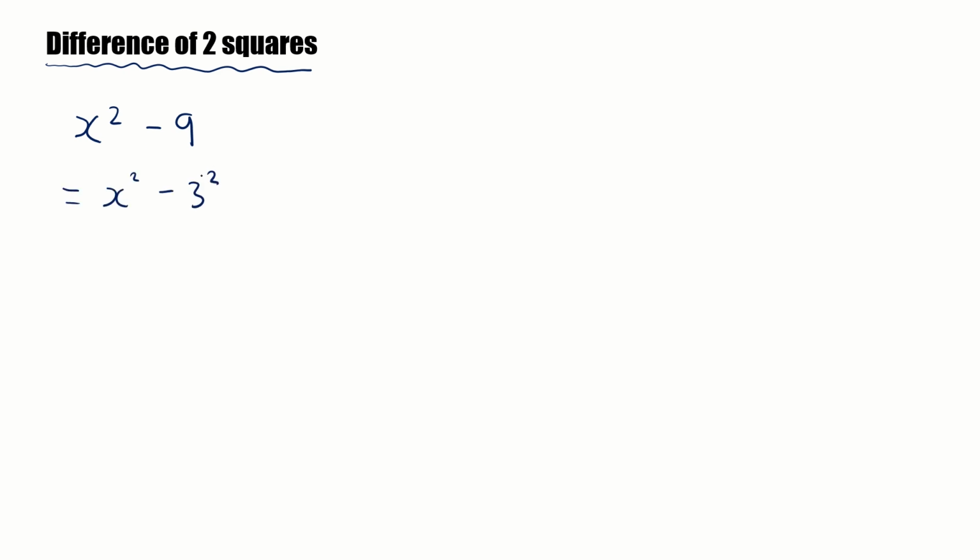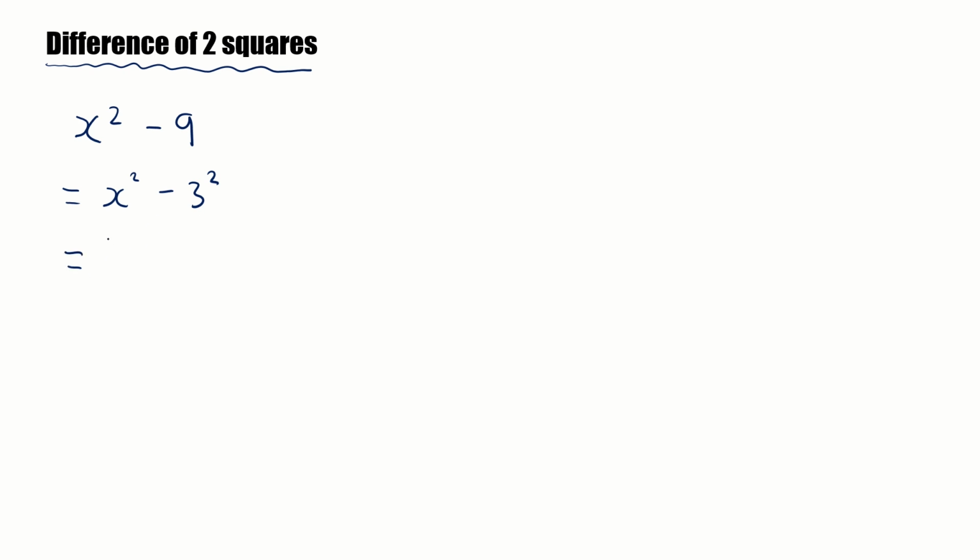And then the other thing you're looking out for is the fact that there's a minus sign in between them. There's got to be a minus sign in between them for this trick to work. Hence why it's called difference of two squares, because the word difference is related to minus, basically taking away. If this is the case, if you've got a difference of two squares situation like we do here, it's actually